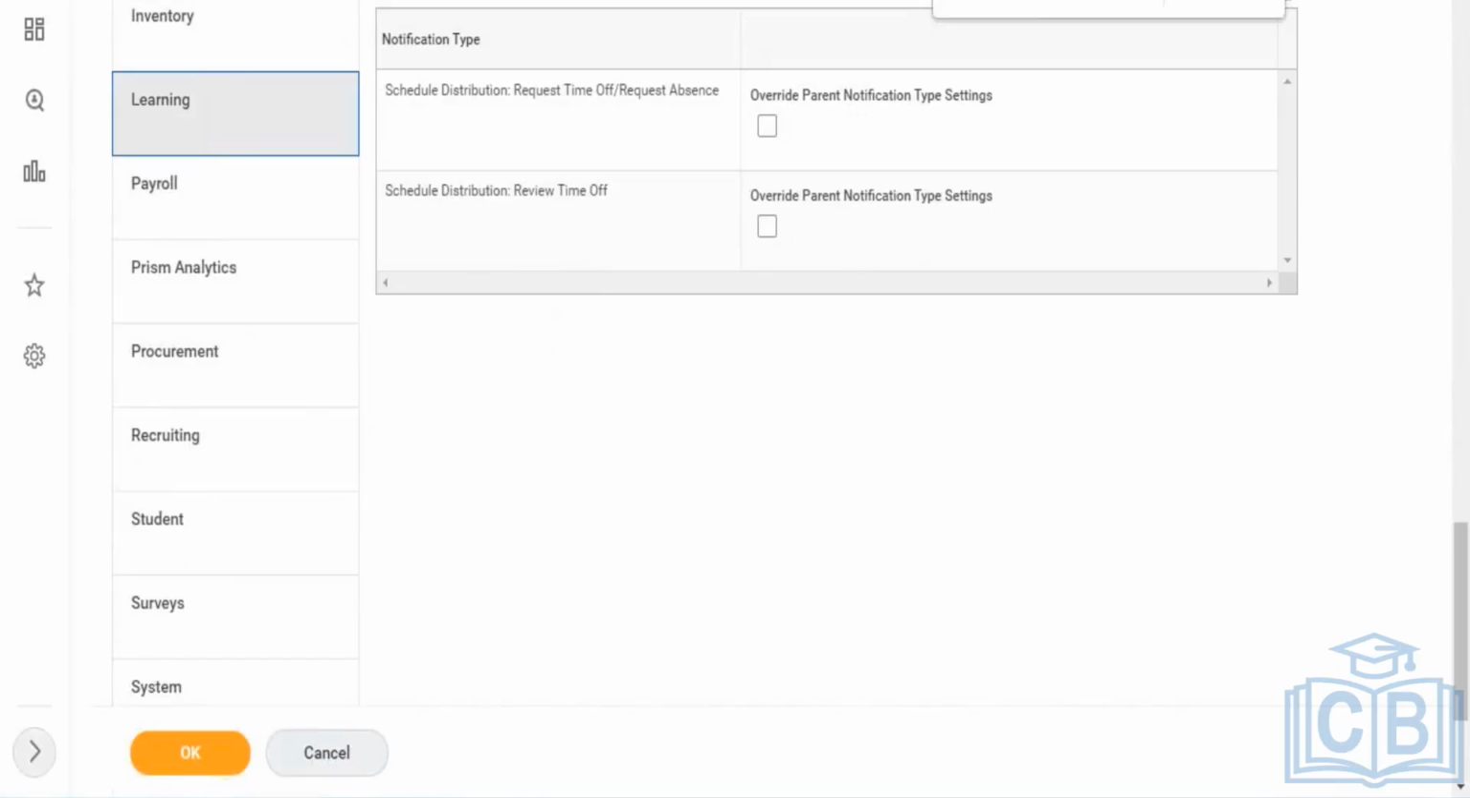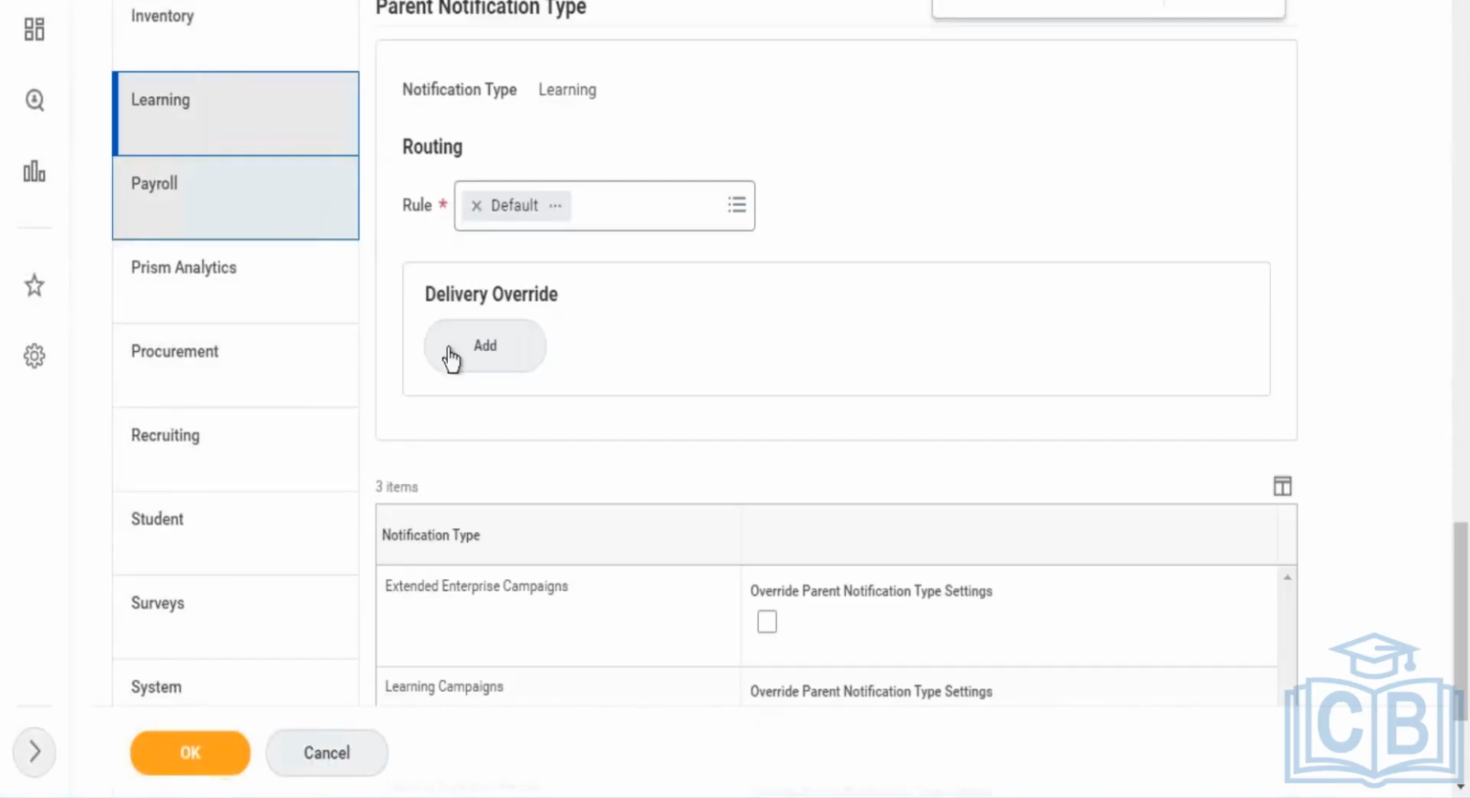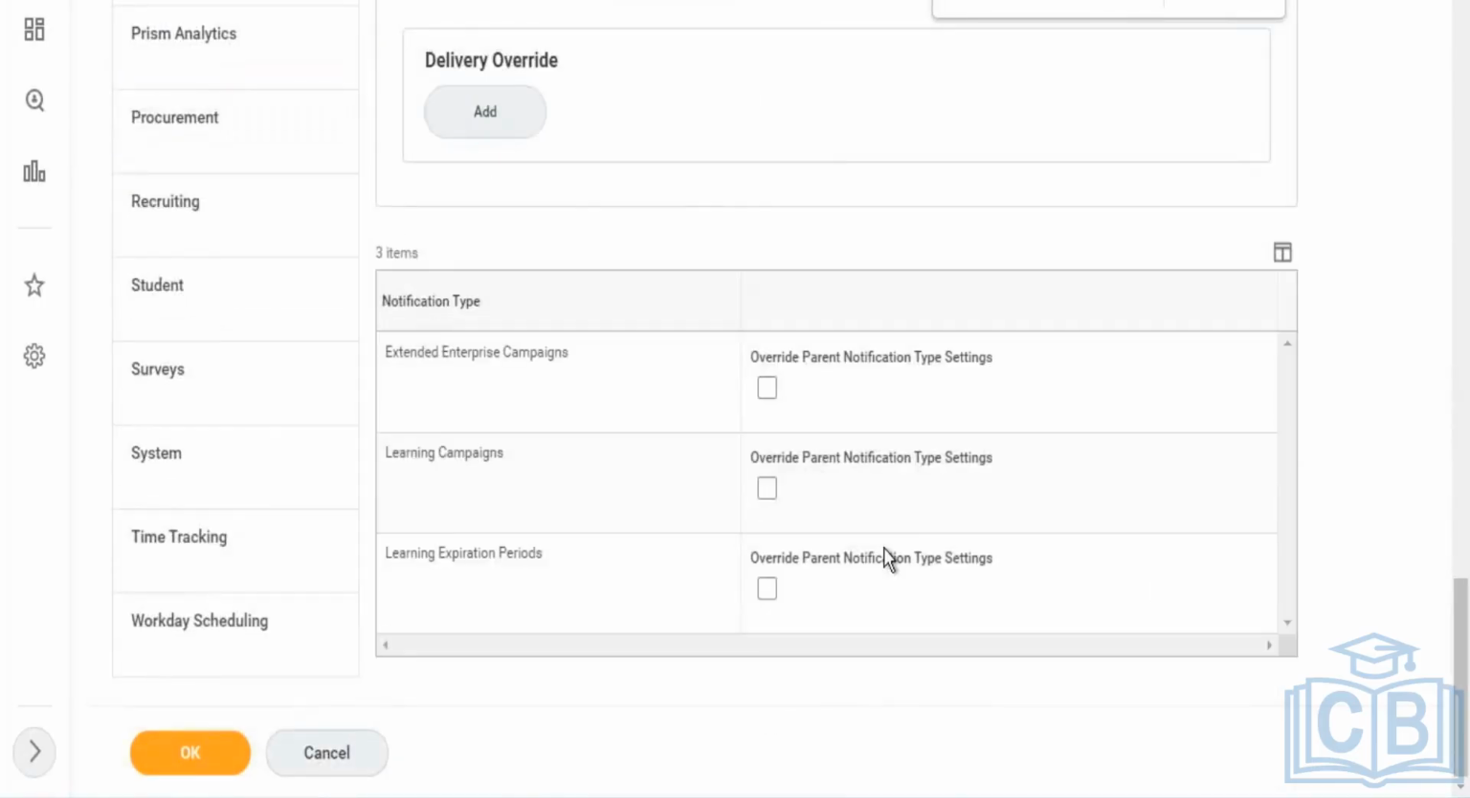For each module, you have different categories to send the kind of notifications. For learning, you have the learning campaigns, external learning, external enterprise learning campaigns, expiration periods. External enterprise campaigns is nothing but learning campaigns you will be assigning to learners. In external enterprise campaigns, you'll be assigning to contractors or contingent workers who are not an employee in Workday but are still undergoing some learnings as per our national